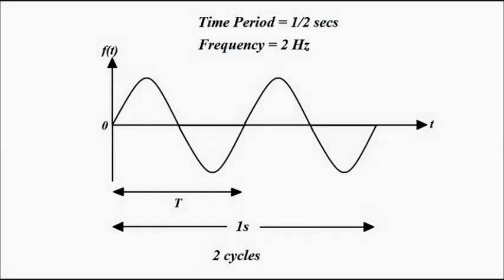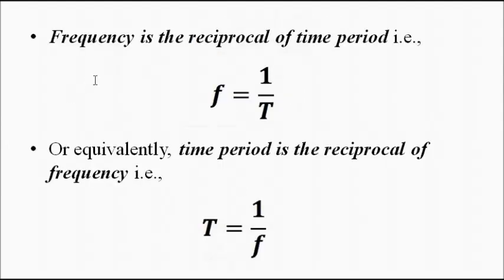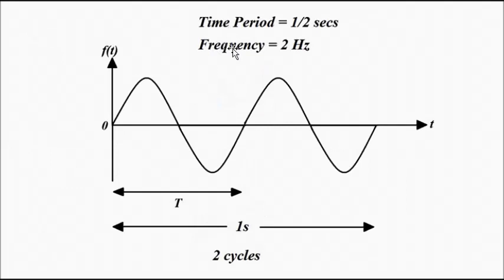So time period and frequency are interrelated like this. Frequency is the reciprocal of time period. Frequency is 1 by capital T, or we can say time period is the reciprocal of frequency. So if the value of T is 1 by 2 seconds, it means that in 1 by 2 seconds it completes one cycle. So the frequency will be the reciprocal of the time period, which is 1 by 1 by 2, which is 2 hertz,